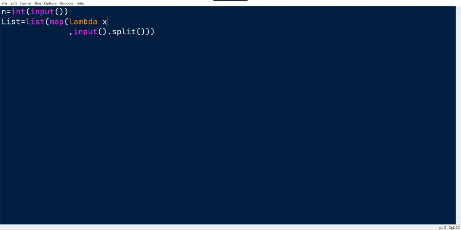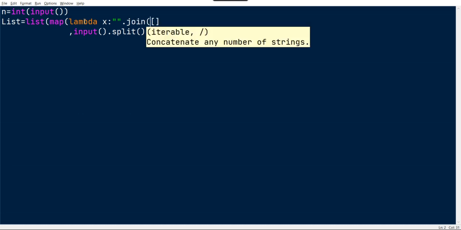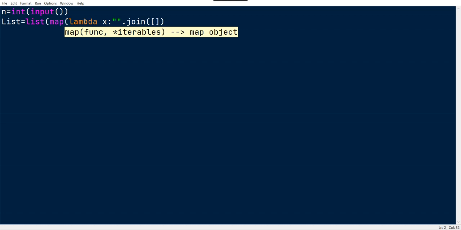In this lambda function we are going to put an additional character before the alphabet. Lambda x: this will contain dot join, because we don't need the values in a list, right? Inside this I'm going to check for i in x, which is nothing but the passed value.